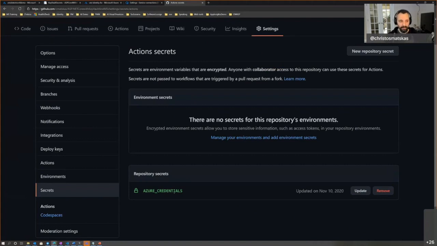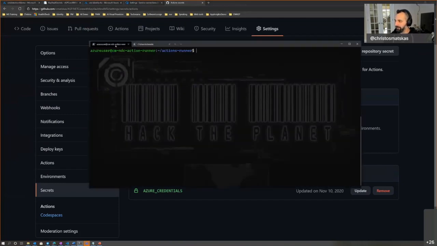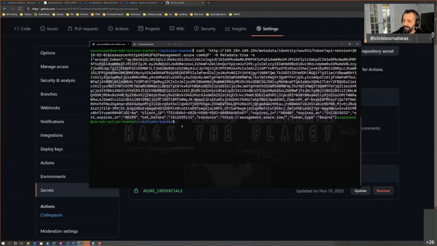However, my partner JP and I, who work in the same team, wrote an Azure CLI extension that allows you to remotely run these GitHub actions and not have any secrets, because they're using the managed identity of that machine. So right now here I have a Linux VM that has the task running, and if I wanted to find my endpoint, you'll notice that I'm saying here, go and find me the managed identity that is currently assigned to this machine, and go and grab the token for me.